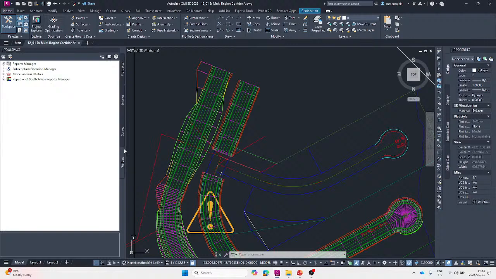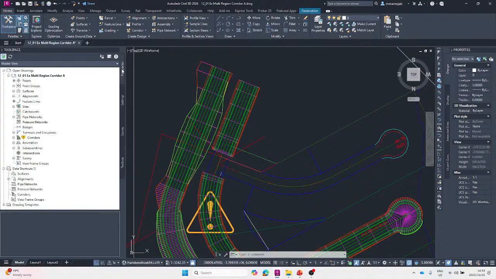So I am going to firstly get into the Prospector tab. One can use the Prospector tab to manage projects and drawing objects. You can manage all project objects, just like your surfaces, and that is all the objects that are within your drawing. At the top there is basically the name of the drawing that you have open. And then over here is the Prospector tree that entails everything that you have